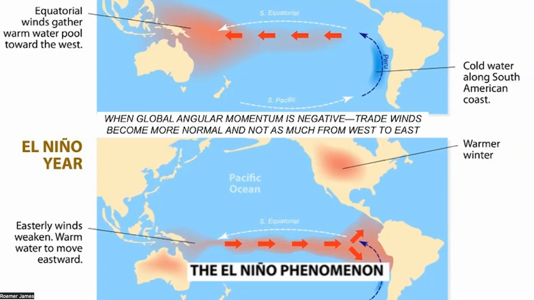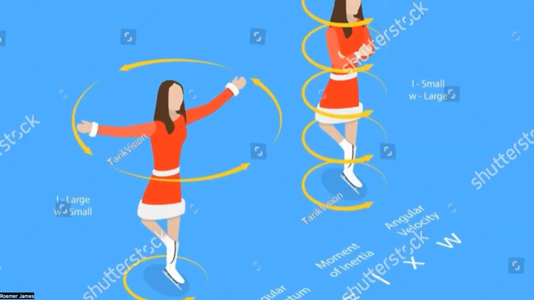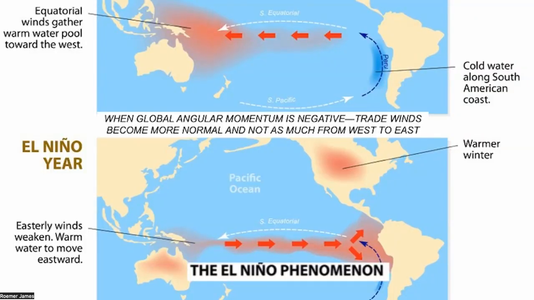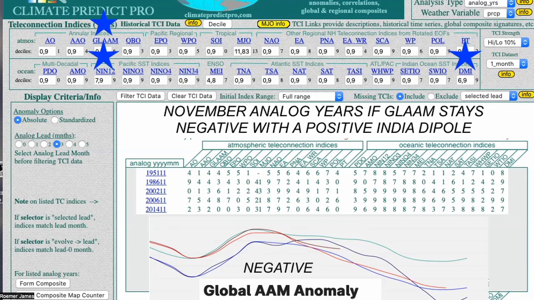But when the winds are blowing very strong from west to east, just like the skater putting their arms close together, you tend to have El Nino conditions, and that's what we've had over the last few months. The question is, will El Nino become strong or not? Out of all the El Ninos since really the 1920s, 1930s, there have only been maybe 5 or 6 cases in November when we have what we call negative global angular momentum,